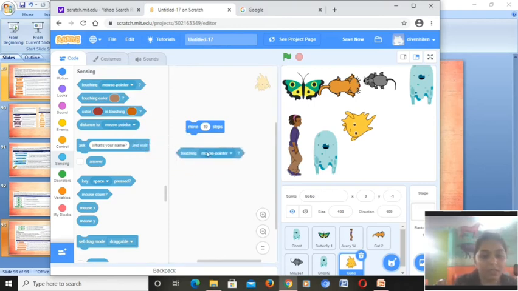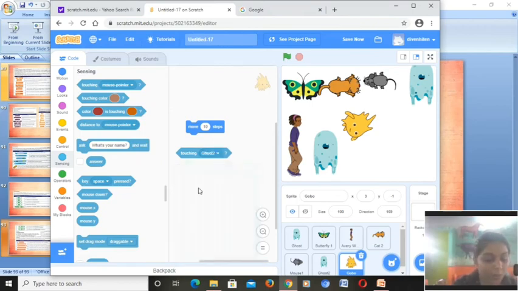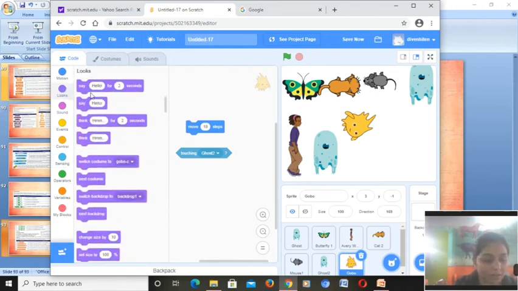This you will take, and then here you will choose the Gobo, or you can choose the ghost as well. Then you will choose the looks, that is say ouch or say hello. Here you will write ouch for 2 seconds.